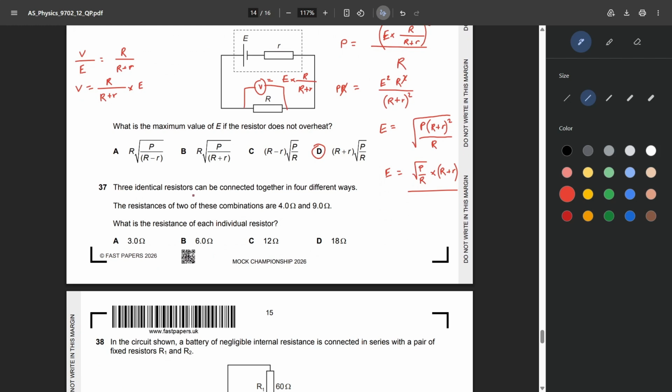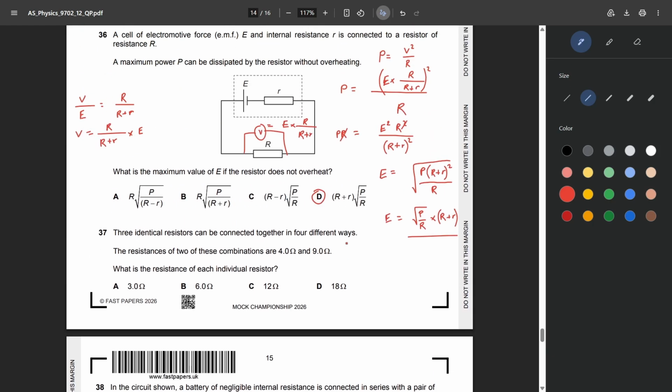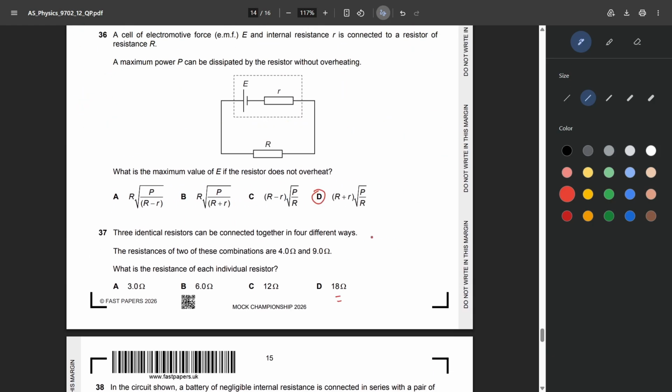Three identical resistors can be connected together in four different ways. The resistances of two of these combinations are 4 and 9 ohm. What is the resistance of each individual resistor? 3, 6, 12, and 18. Okay, so three resistors can be connected in four different ways. The four different ways are